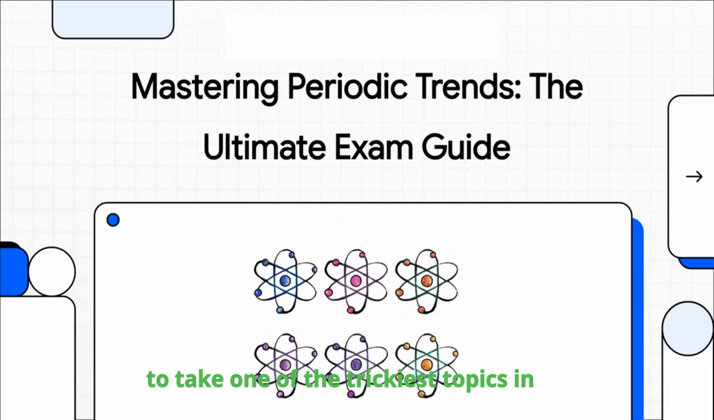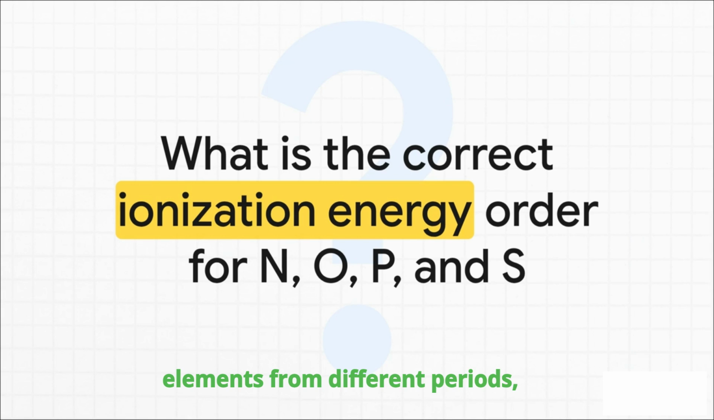To take one of the trickiest topics in chemistry, periodic trends, and turn it into a simple, powerful tool you can use to absolutely crush your exams. So, take a look at this question. It looks like a classic trap, right? Mixing up elements from different periods, different groups. But stick with me here, because by the end of this session, you're going to look at this and just know